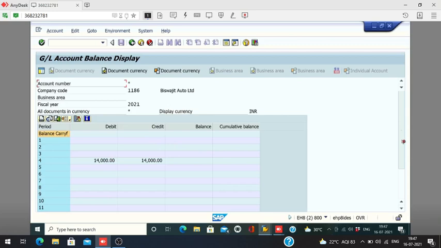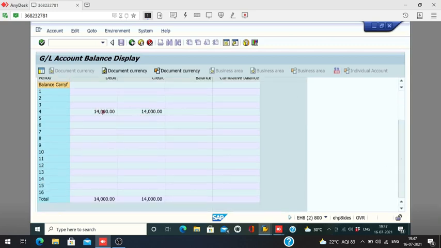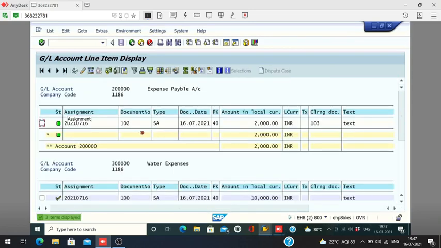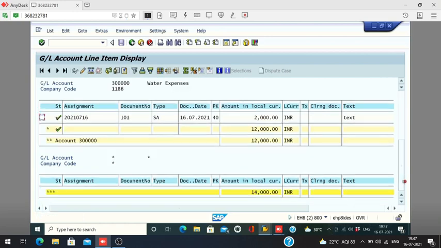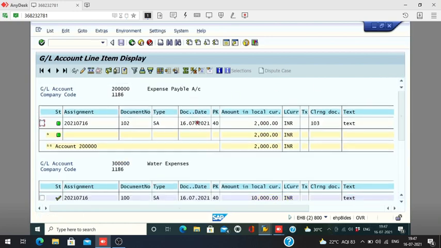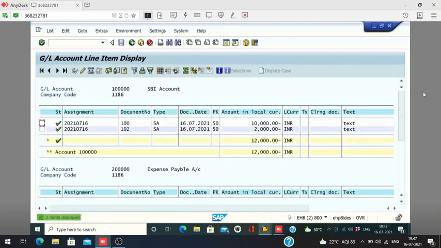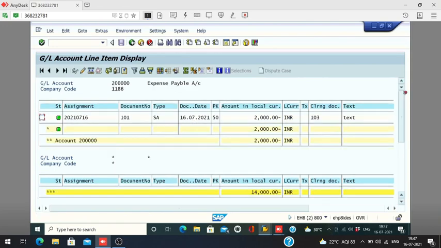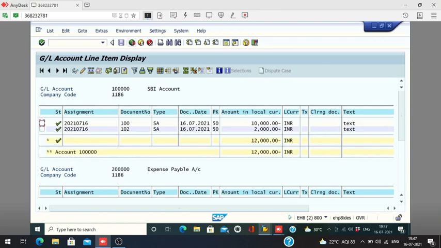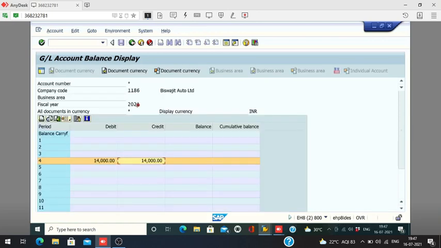See, total 14,000 entries we posted in July month. If I double click on this, account entries will show one by one. See, it's 14,000. If I double click on this here also, credit entry will show 14,000.